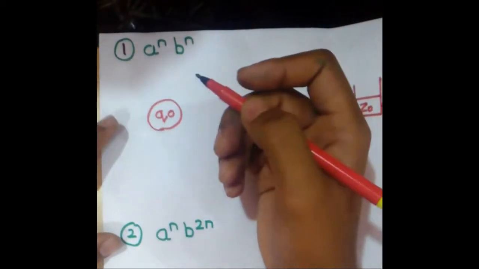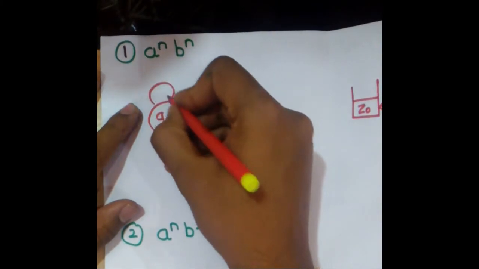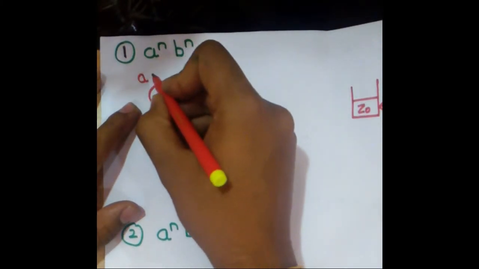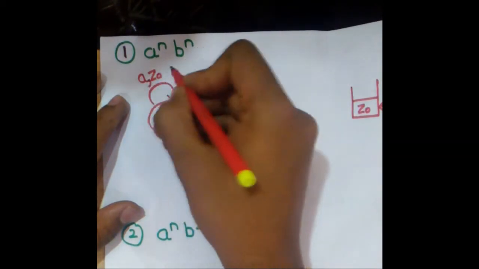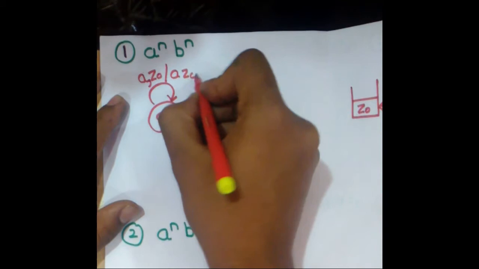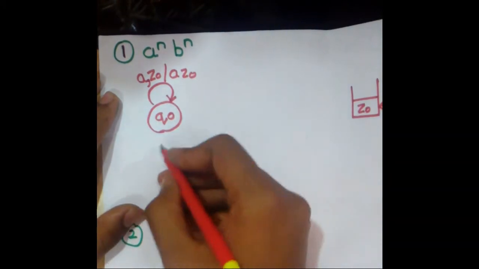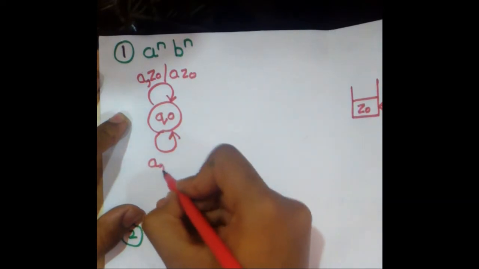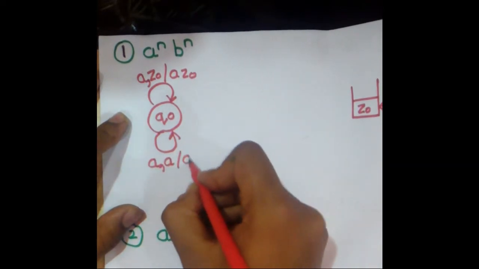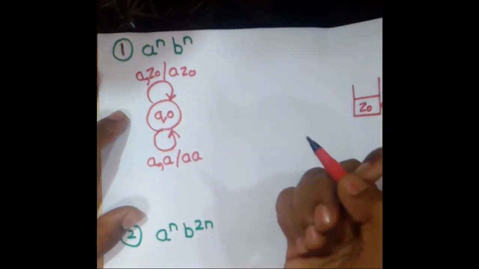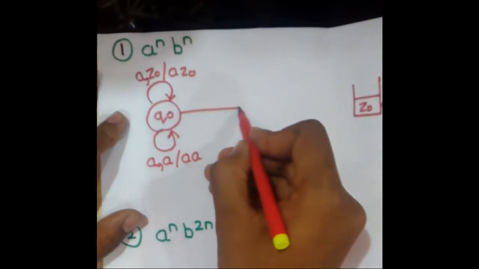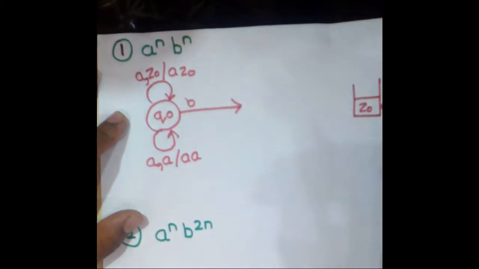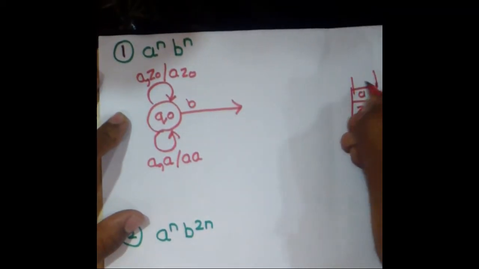First, we need to insert a inside a stack. So we will make a self loop. If a is the input and Z0 is inside the stack, we just put a above Z0. Then if we need to input 2 or 3 a's into the stack, we will again use a self loop. Then we will take a condition. If a is the input and a is inside the stack, we will just insert a above a. The self loop will run as long as we get an input a. After that, if we get a b,